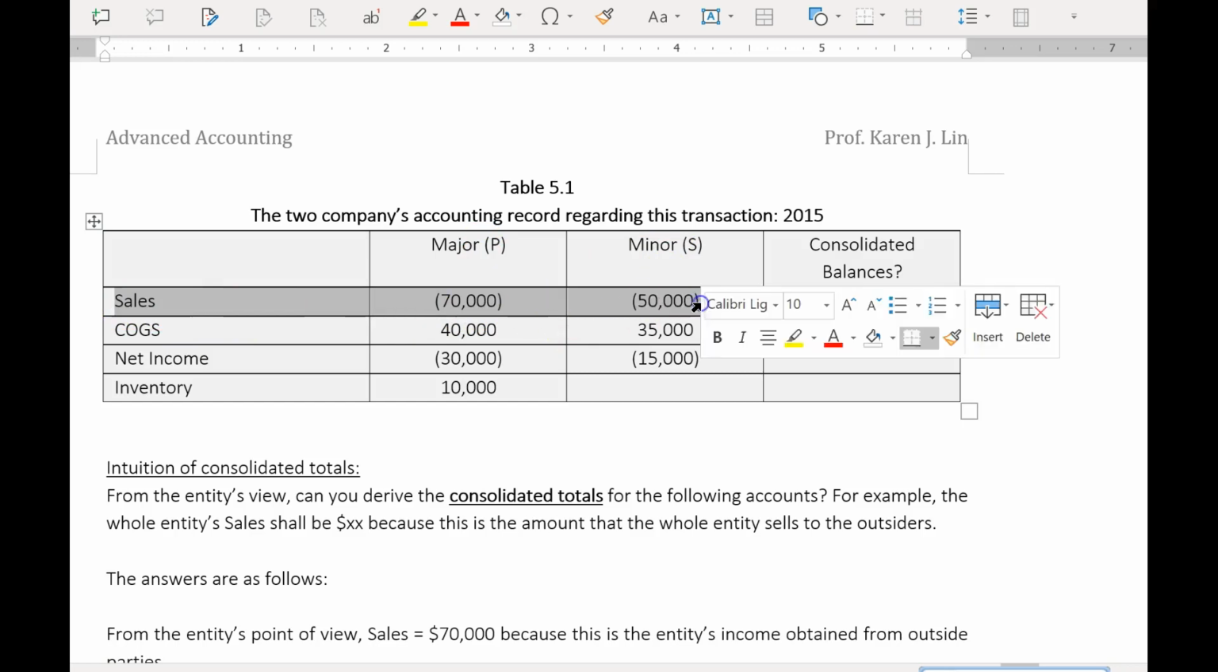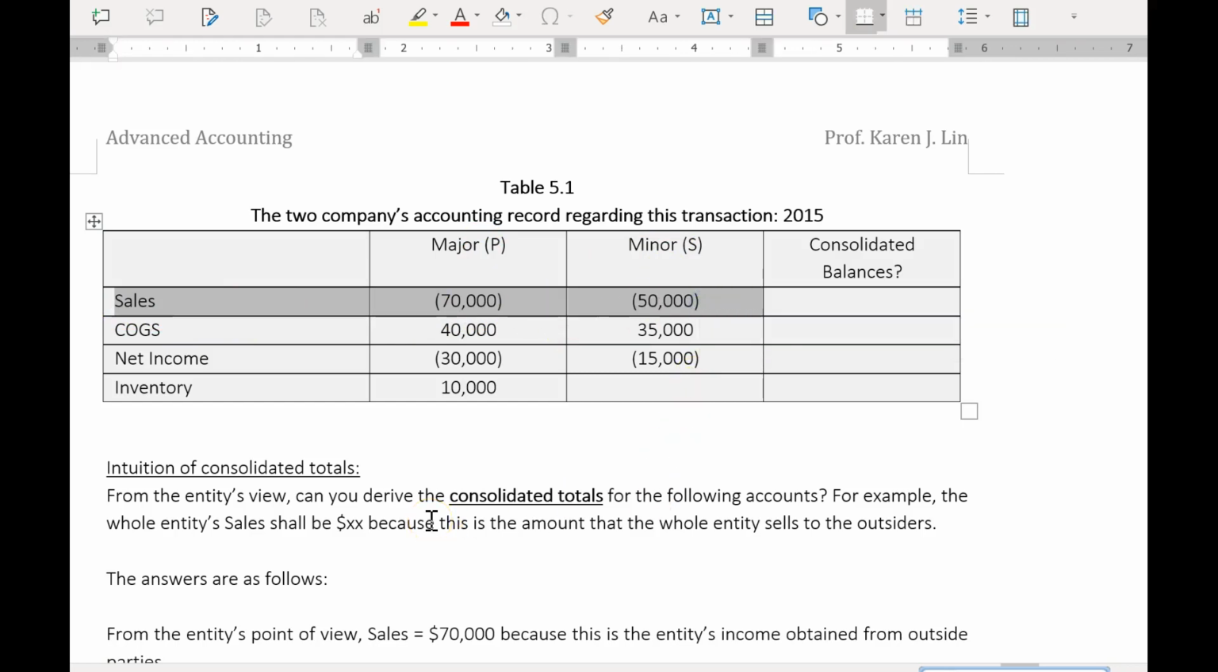They may have other sales that they conduct with outsiders all the time. But these two columns are only about the impact of the intra-entity transactions we are talking about. They didn't contain other transactions here. It is only talking about the impact of the intra-entity transactions we have been discussing so far. Okay, so if I post those